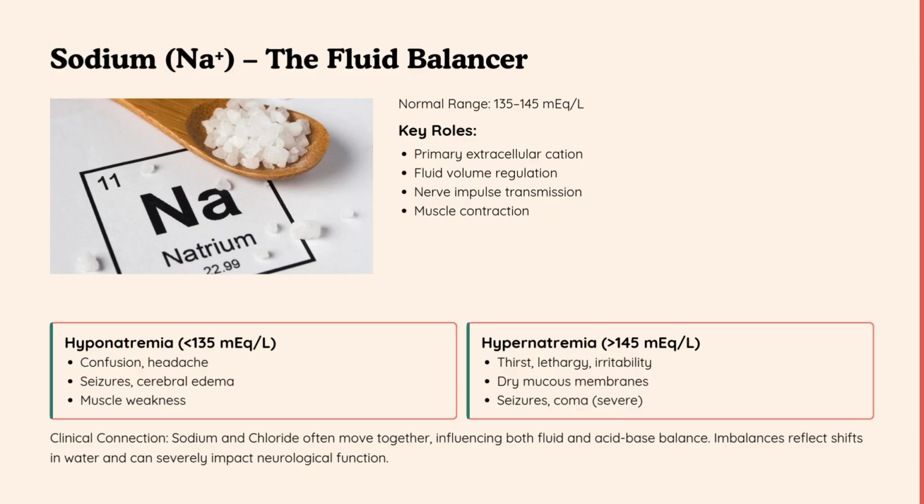So there are two things that we will see in every electrolyte. I would say hyper and hypo. Hyper is extra, more; hypo is less than required. As you can see, it's given on the slide. The normal range for sodium is 135 to 145. So hypernatremia: natrium, as per the periodic chart, sodium, we call it natrium. That's why Na resembles sodium. So hypernatremia, if it's more than 145, we will see